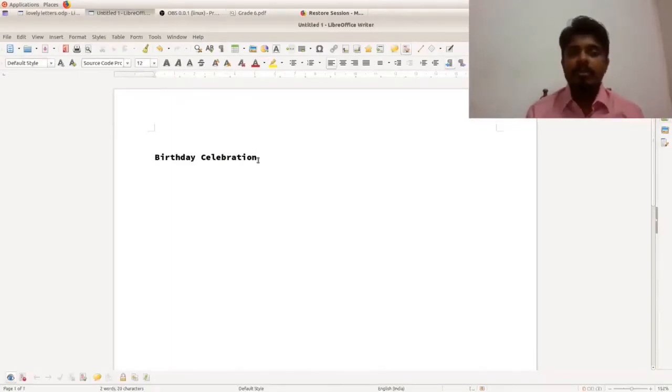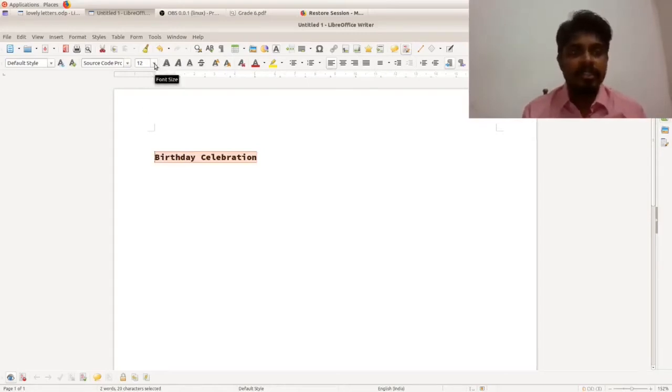So here I am going to change the font size. First select the text. For selecting the text, click and drag. Now you have selected the text.